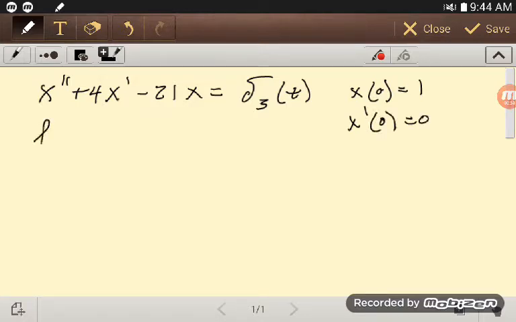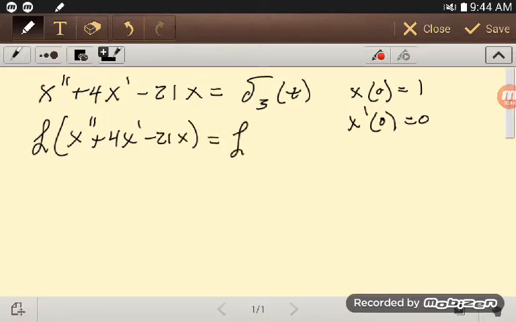So I take that Laplace transform, x double prime plus 4x prime minus 21x equals the Laplace transform of the Dirac delta function at 3. And so what we know from doing this a bunch of times is that when we take that Laplace transform